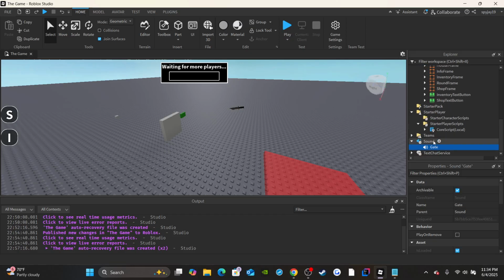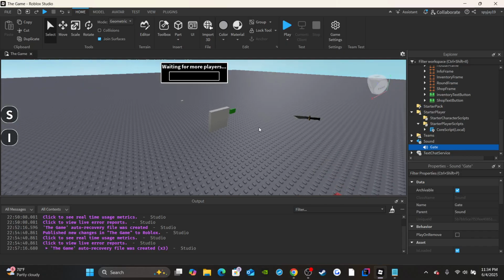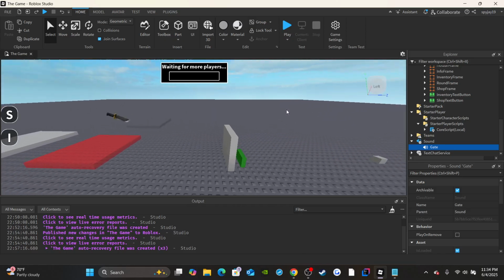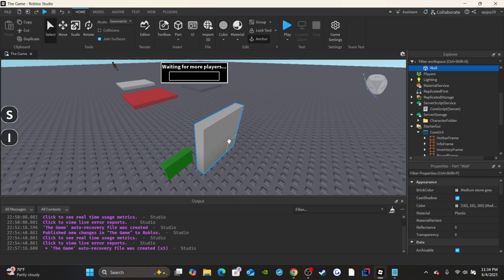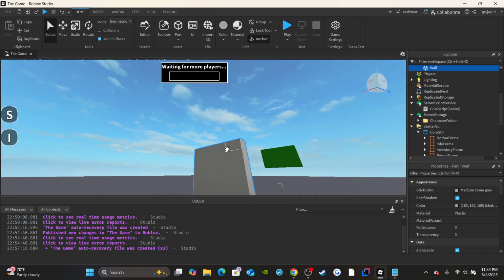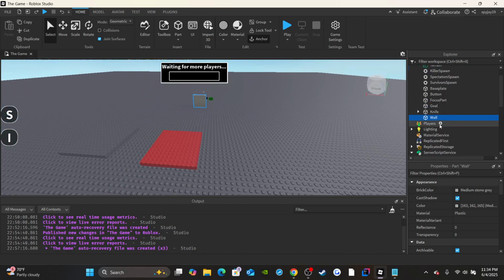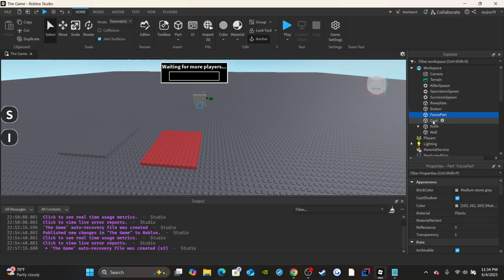One other thing is I do have a gate sound effect. This is the sound effect I got from the toolbox. I just searched up door closing, or I think it was gate closing or something. So y'all can just get that from the toolbox. That's for this door, because we're gonna tween it so that it goes up so the player can walk through it. I think that covers all the parts